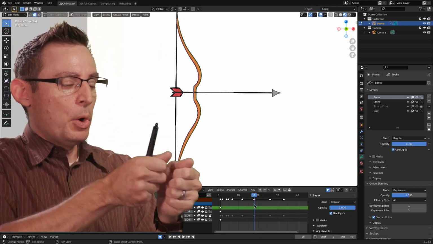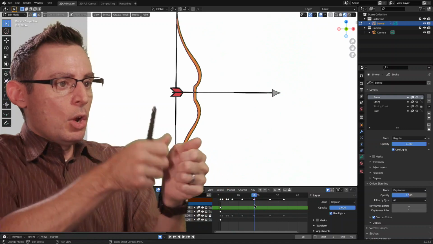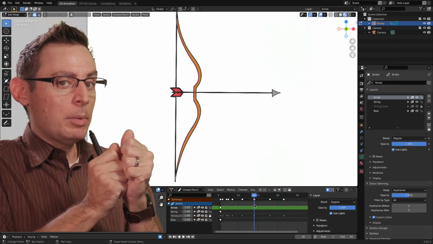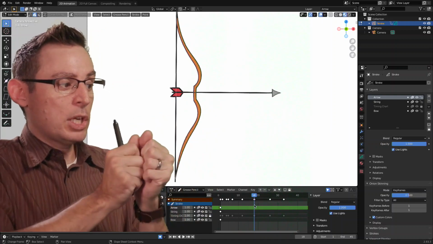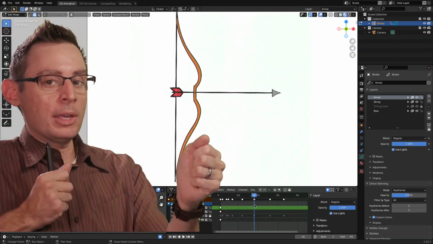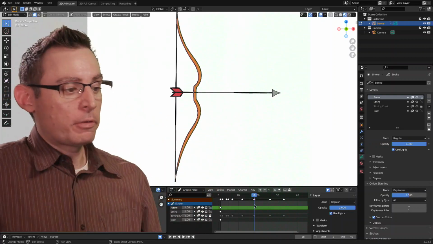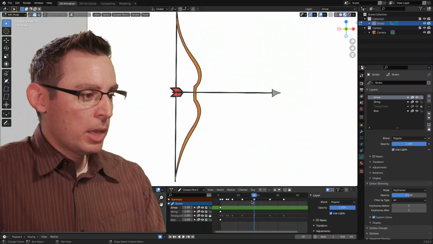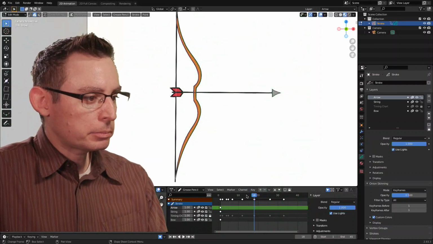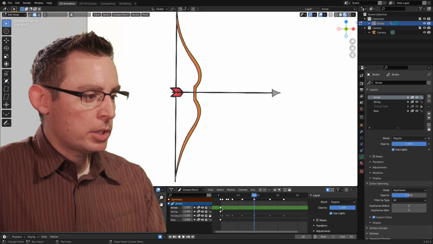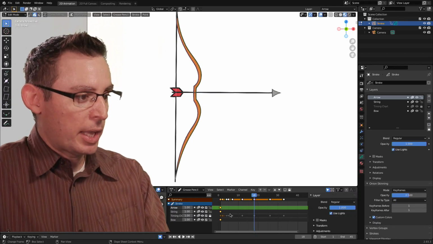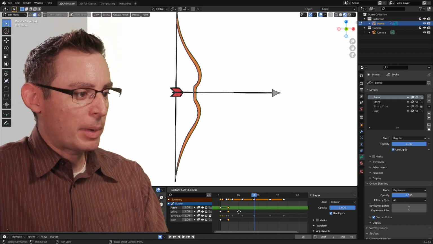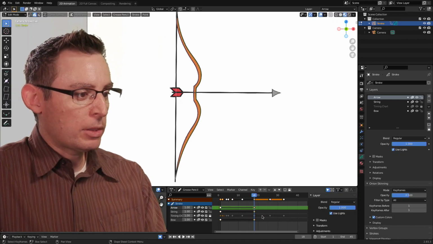Since the bow, the arrow, and the string are all going to be rotated back, I'm going to do this in a series of passes. I'm going to establish the keyframes for the rotation, and then I'll go in and establish the keyframes for the deformation of the bow itself. So I'm on frame 18 here, and let's do this. I'm going to select all of my first keyframes, and I'm just going to duplicate them. Shift D inside of my timeline to duplicate those keyframes.